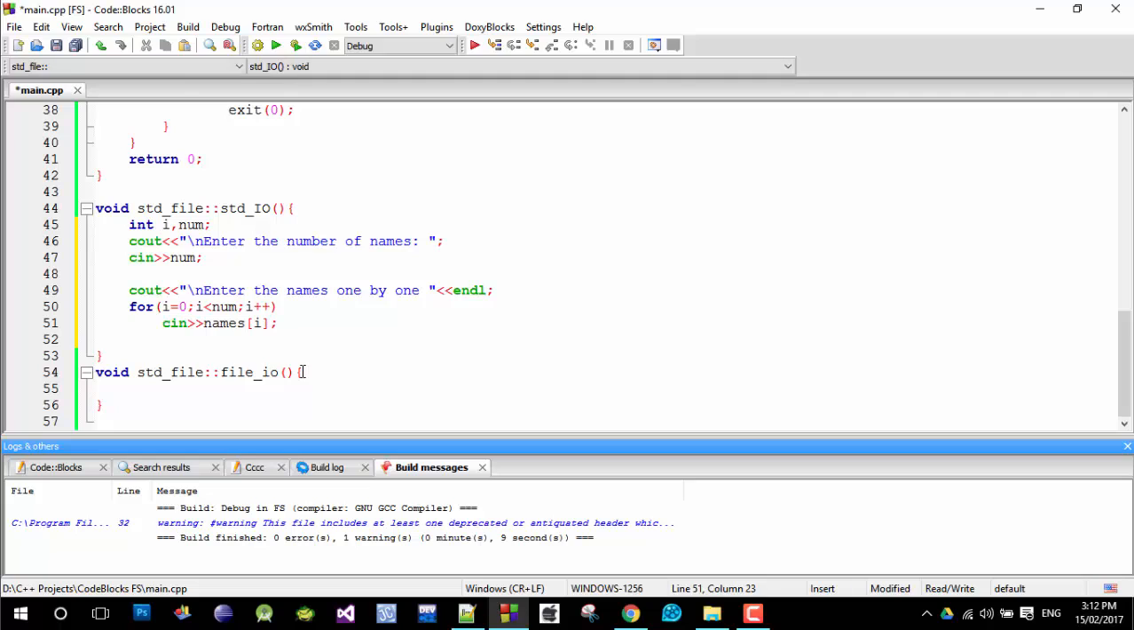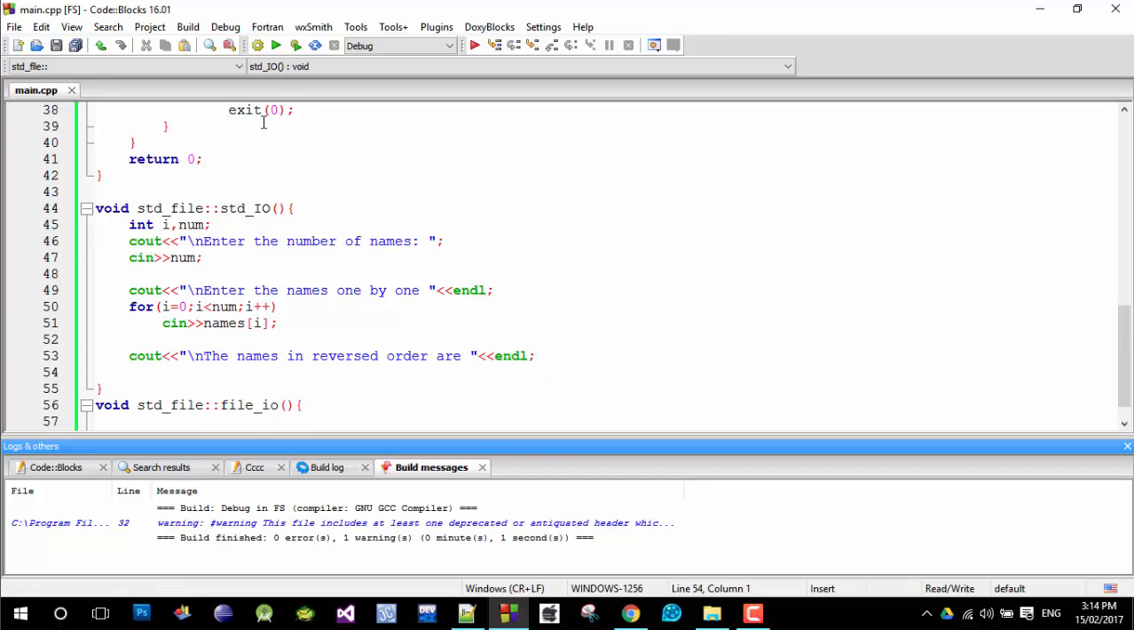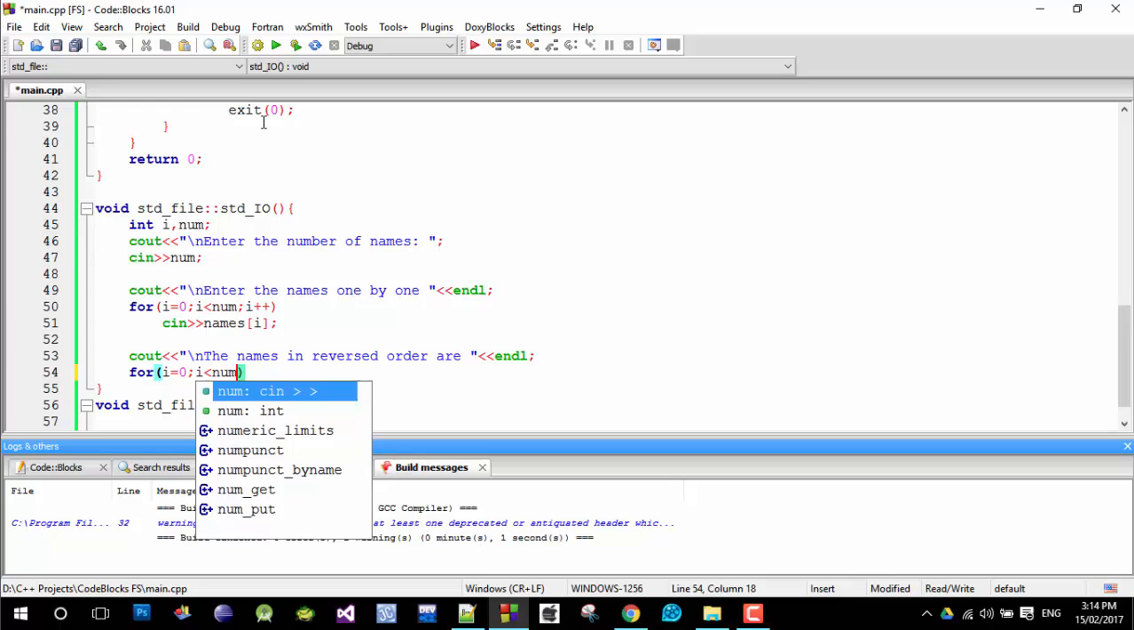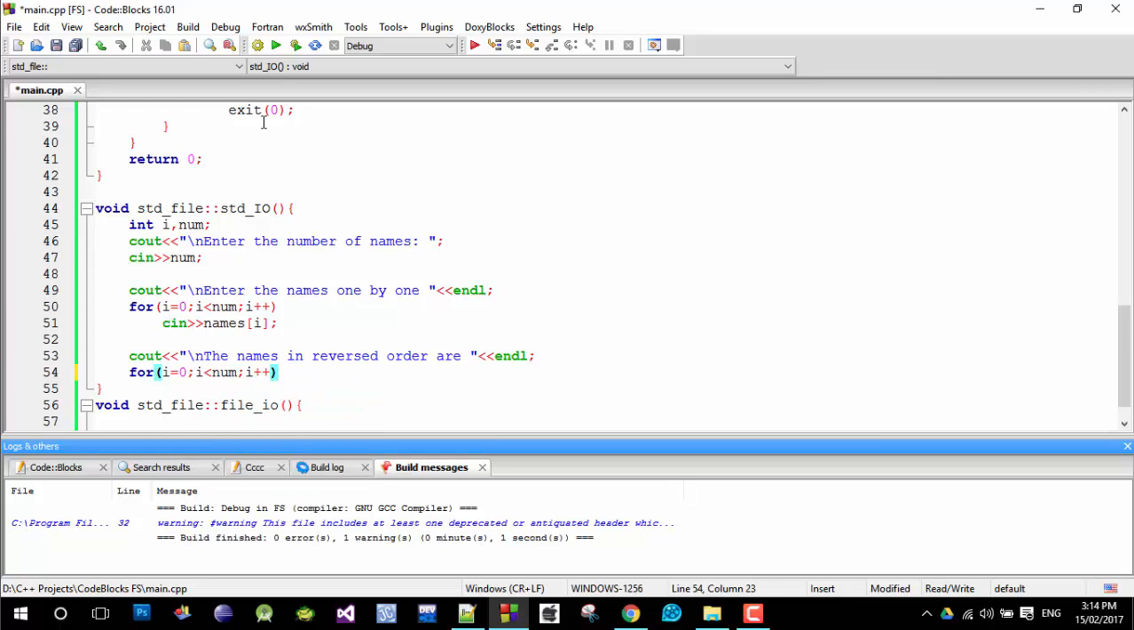After inserting the names from the keyboard, this was the first part, the reading from the keyboard. The second part will be displaying the names in reverse order. So let's say the names in reversed order are. In order to display the names in reverse order on the screen, I have to make the same loop: int i is equal to 0 and i is less than number and i plus plus. Then in each iteration of this loop, I can say cout and write the name. If I make it like this, names of i, then endl,